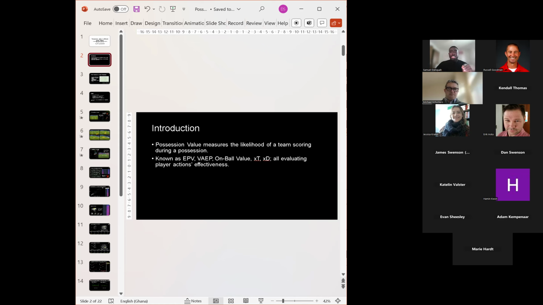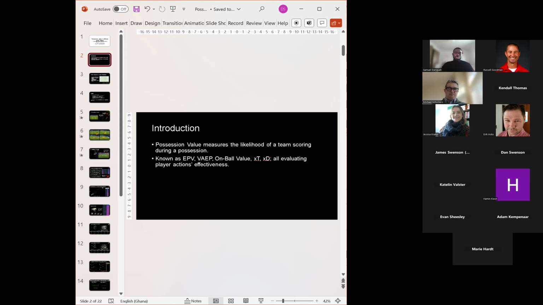So in this case, this analysis is going to look at every specific action on the field that leads to a goal scoring opportunity. That is essentially the brains behind possession value. I think soccer is a game of moments, but the traditional metrics like goals and assists only tell part of the story. So the PV model I've developed is designed to quantify the hidden contribution within the game. It measures the probability of a team scoring during any possession or action.